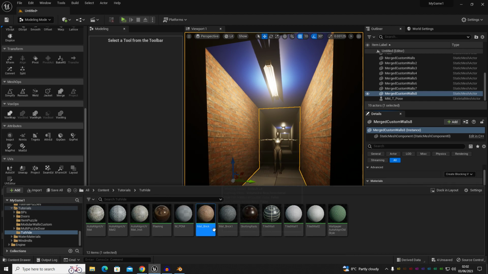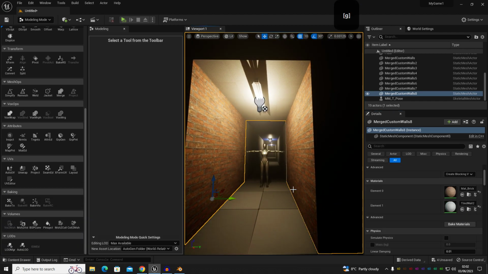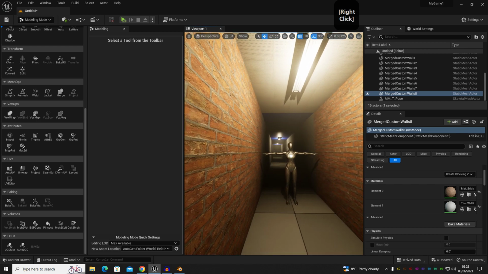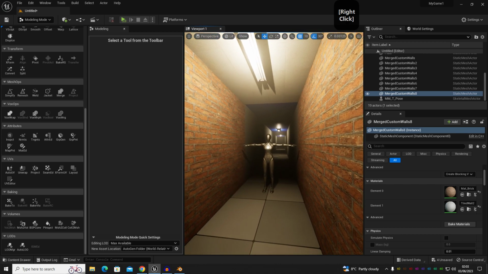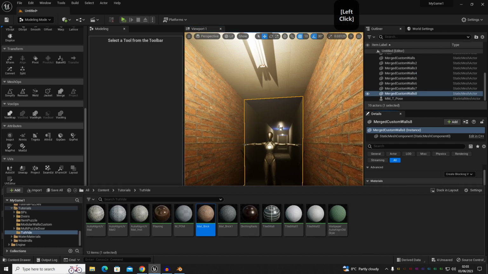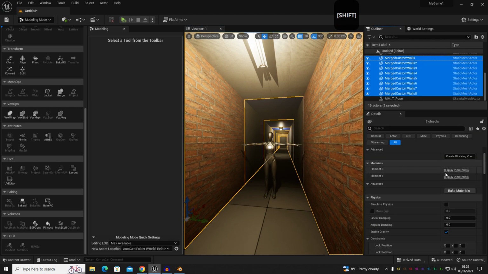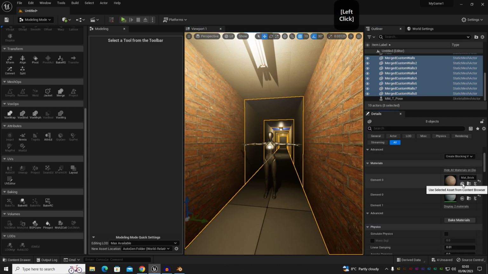So we're going to go to my array, and we're going to go to, let's think, we'll do roof panels. Yeah, that's fine, that'll do. And then we're going to do the same for this one. We're going to get all of our walls, and then we're going to go to display textures. We're going to set the brick,